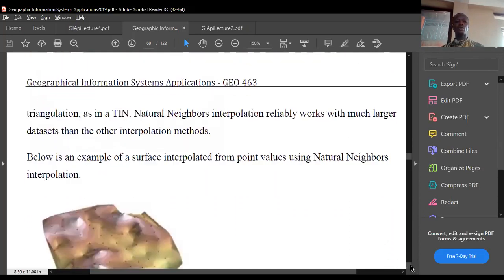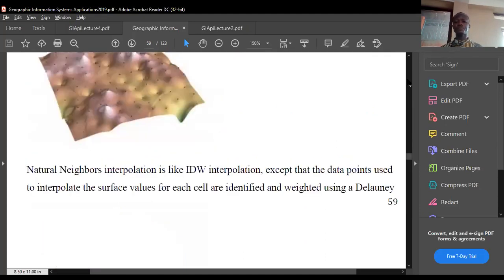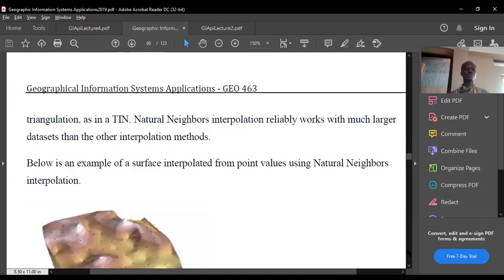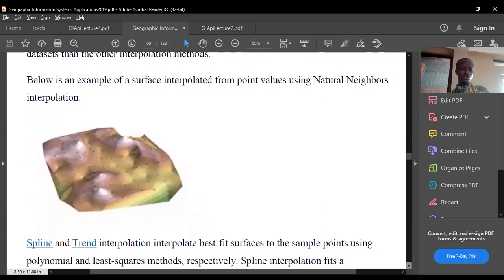So we can describe all the interpolation methods, and then of course the use of weights in the determination of the values. All right. That's another surface over here. So this one is also interesting. As you can see,